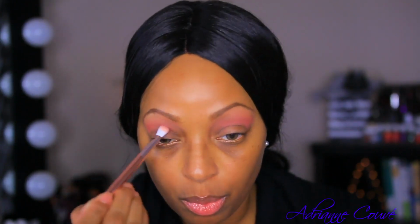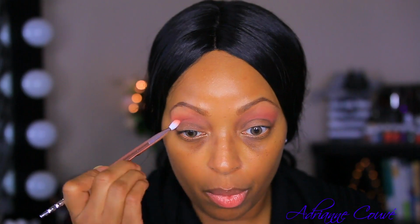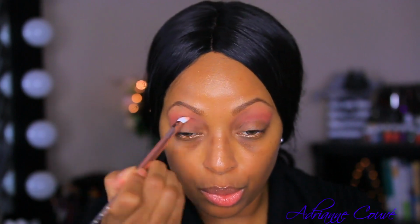And this worked pretty well. I'm going to add a little bit more. This shade is actually starting to look a little pinker than what I thought it was going to. Maybe I wouldn't have used that blush color had I known it was going to do this. And I'm going to stop because I think it's going to oxidize a little bit more,